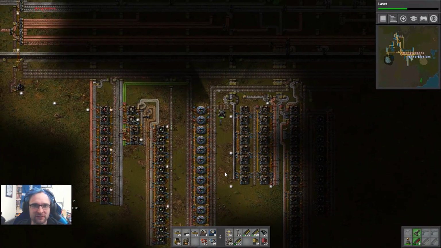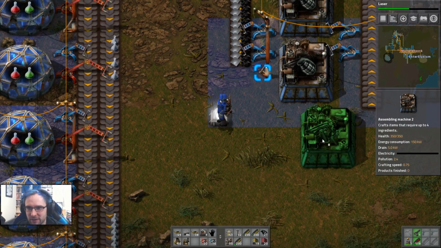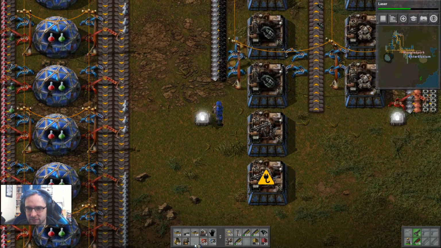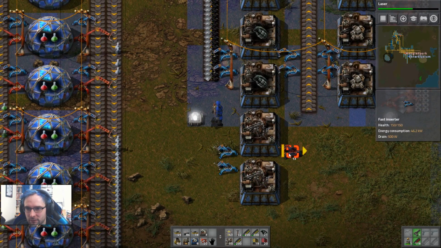Where are you? I'm down by the main bus. Hello. Okay, I'm just going to make some things to make us more grenades, because you wanted more grenades. By the way, you probably want to use a filter inserter. Actually, maybe... Oh no, have you...